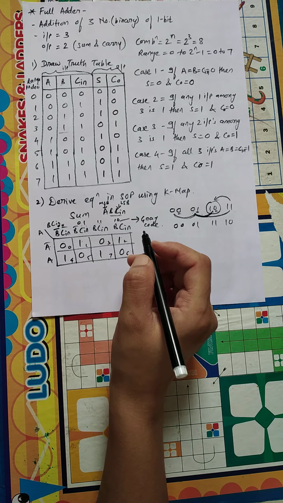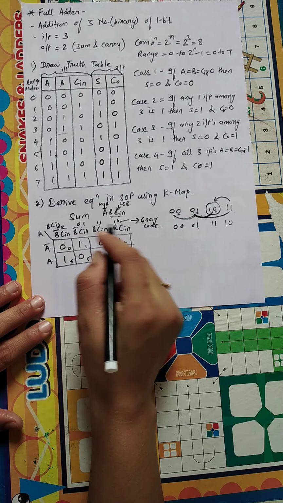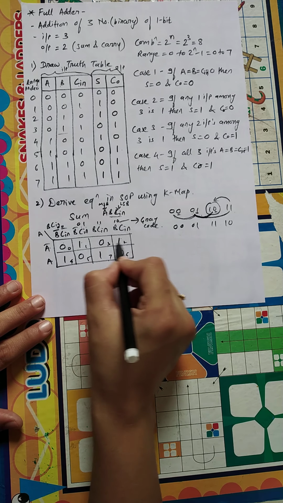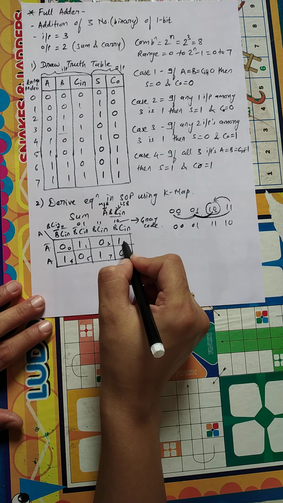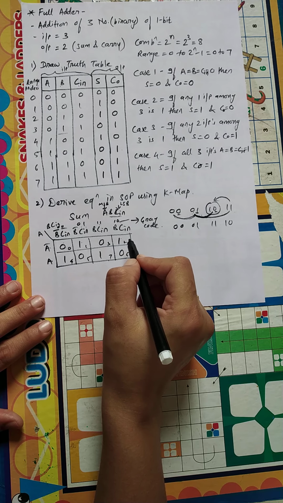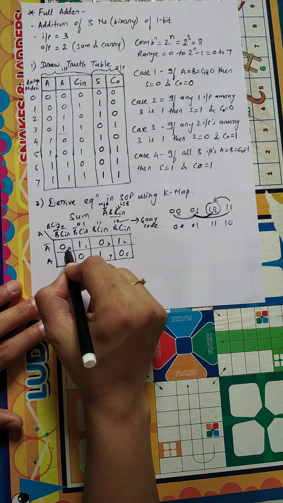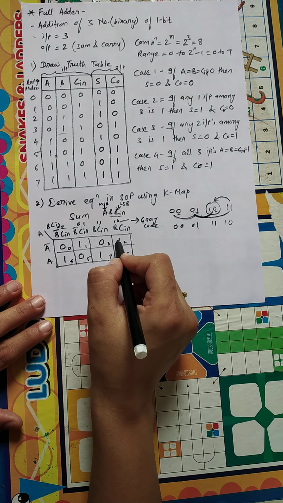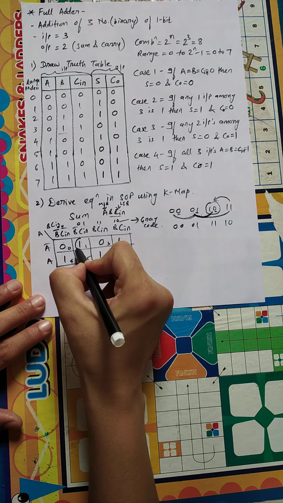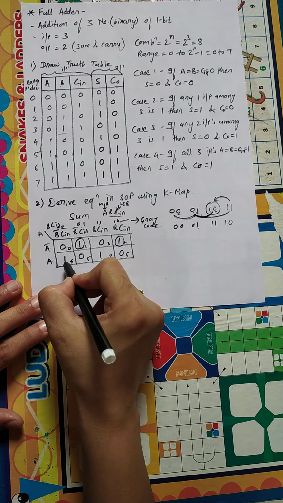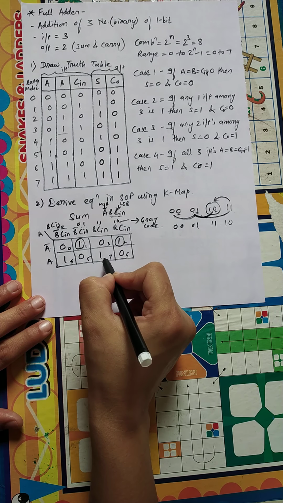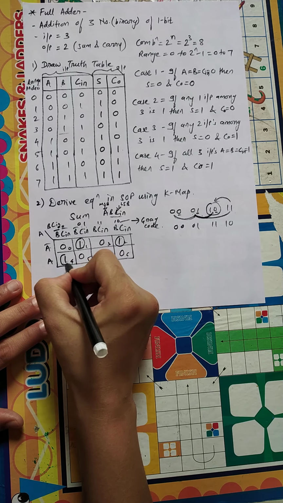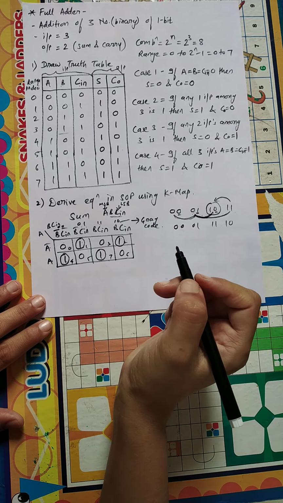Now I have to perform grouping of the ones, right? Here a total of 4 ones are there. In this row we can see that 2 ones are there. Can I group those 2 ones? No, I cannot group 2 ones in a row. Why? Since those 2 ones are in the same row but they are not adjacent to each other, right? So I have to form groups of single ones. Here also you can see these 2 ones are in the same row but they are not adjacent, so I cannot group them in a single group. So that's why I have to group these single ones.